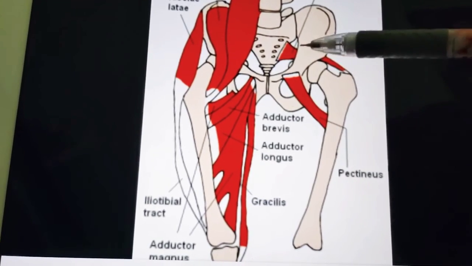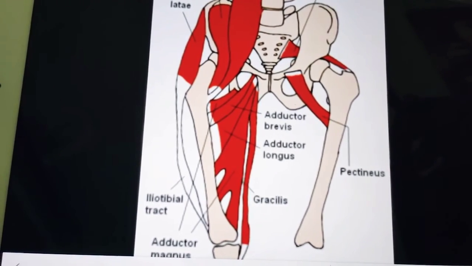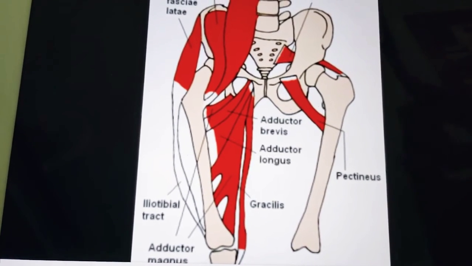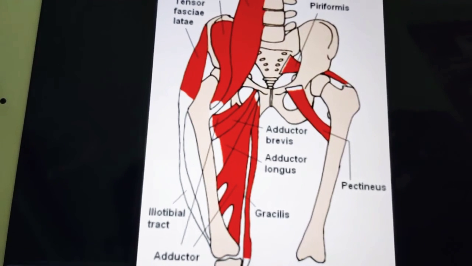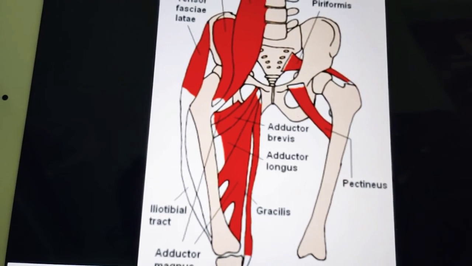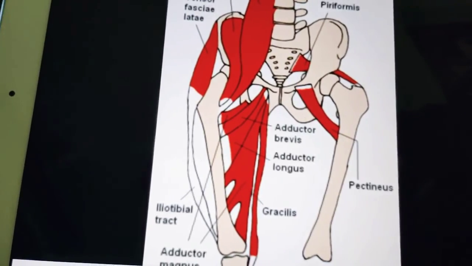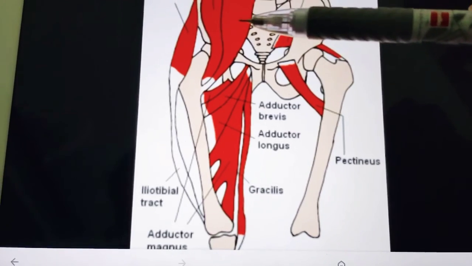Coming to the extrinsic muscles, you have obturator externus, right, actually that is not shown here. We will be showing it in another diagram in the next videos. So obturator externus, as the name suggests, is an extrinsic muscle which lies deep in the region and is functionally related to the gluteal region. So it is mainly related to the gluteal region.